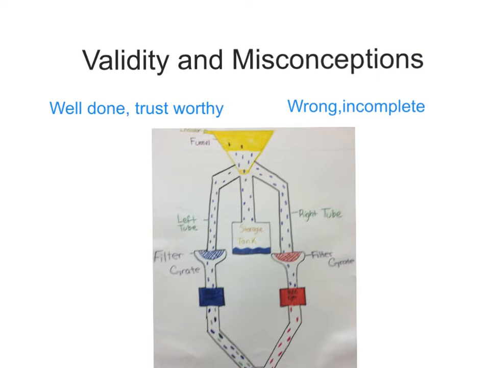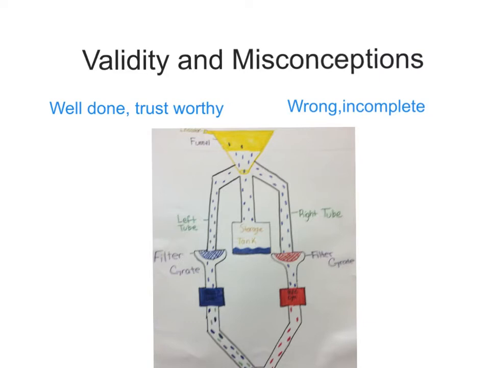For example, the way that the funnel is designed in this picture doesn't make sense. It's not logical. It doesn't fit the observations that we saw in class. The funnel goes straight down to the middle tube, and there seems to be no way for the funnel to direct the flow of water. So this is an incomplete idea at best. There are other things that I found wrong with this picture, and I'm sure you did too. And there are some things that I think are good about the picture. But overall, its validity is questionable.